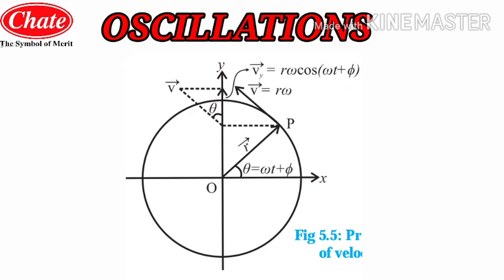Now students, last but not the least, we will see the projection for the acceleration. We consider, as above, that the instantaneous acceleration of the particle P in the circular motion is the radial, or centripetal, acceleration of magnitude r omega square, as given in the diagram. This is further ay equal to minus r omega square sin theta, equal to minus r omega square sin of omega t plus phi, and finally minus omega square y. This is the entire projection of acceleration which we see with the help of this diagram. Students, we will now see the next part of the chapter, oscillation.